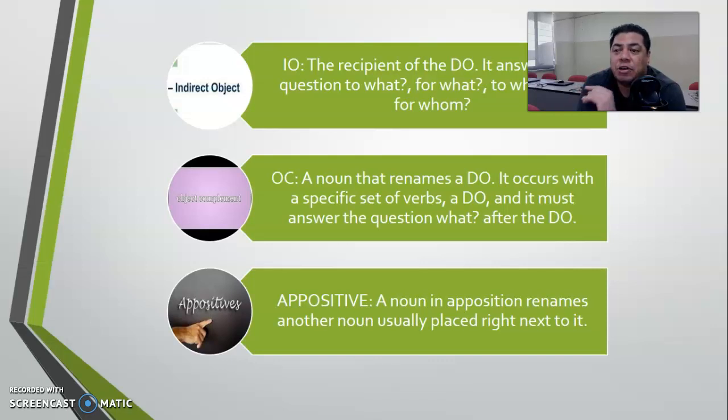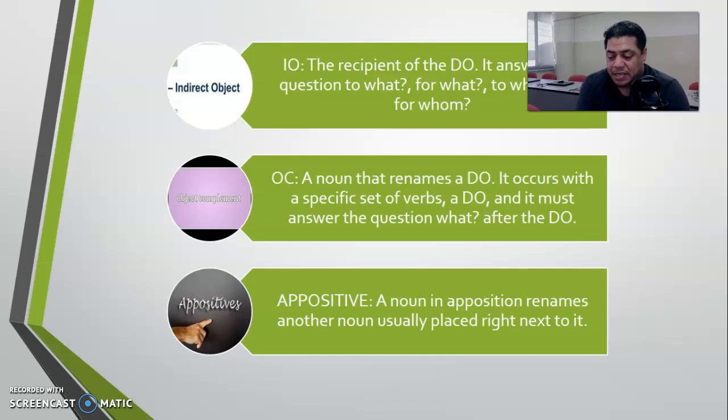But in the case of the object complement, we will find the object complement after the direct object. To find an object complement, we need to have a special verb. Remember that in your book you have a short list of verbs that allow us to have object complements, right? Now,